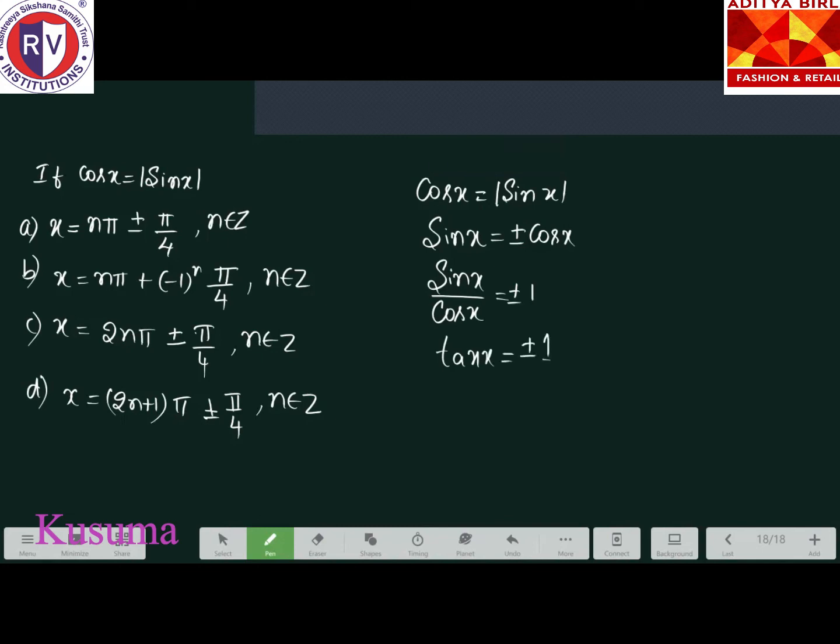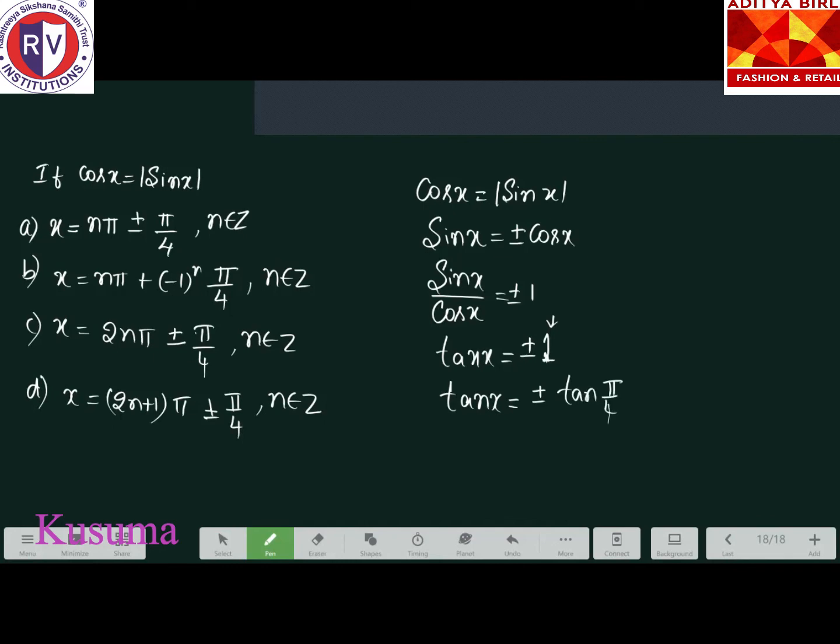Okay, so while doing a problem prior to this, I had told you that the general solution can be written whenever it is in the form of tan A is equal to tan alpha. In that we did sin A is equal to sin alpha. So we have to put 1 in terms of tan. So how can we write this? Tan 45, tan pi by 4. So plus or minus tan pi by 4.